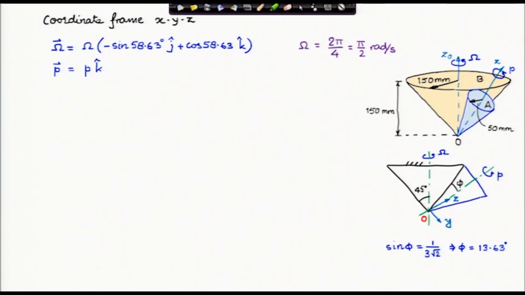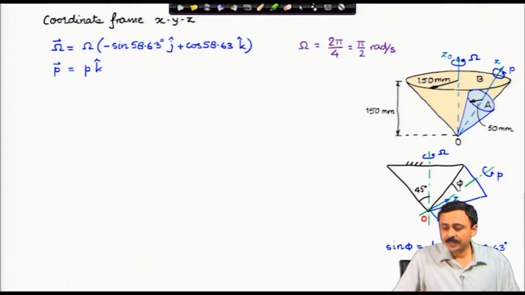Now, the spin of the smaller cone, cone A, let me express it as the vector p, which I have shown in the figure. We do not know its magnitude as yet, but we know that its direction is in the k cap direction. Therefore, I express the spin of the smaller cone, cone A, by the p vector equal to p times k cap. We do not know what the magnitude of p is,